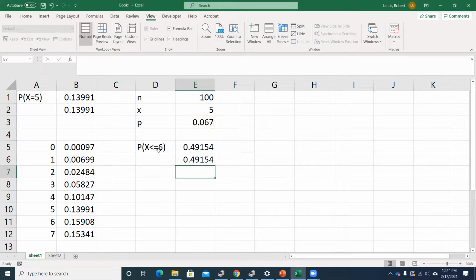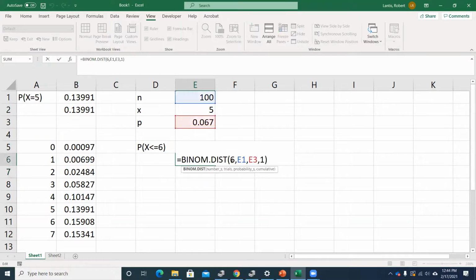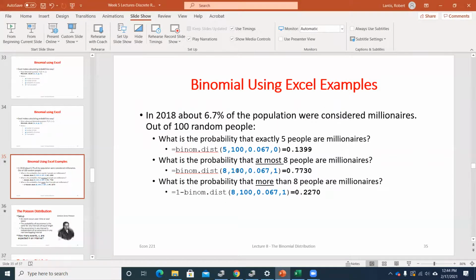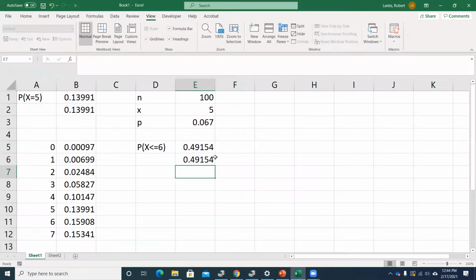Yep. So it's a good question. When we're making this cumulative, it's taking whatever number of successes you tell it, finding that probability, so equal to 6, plus every probability below it. So it's always going to be less than or equal to whatever outcome value you tell it. So I'll use, and I might have to change the slides. I don't think I used 6. I think I used 8 there when I did cumulative, but I'll get this updated,